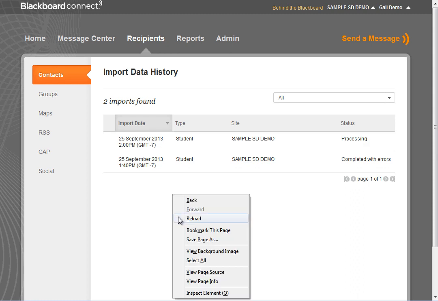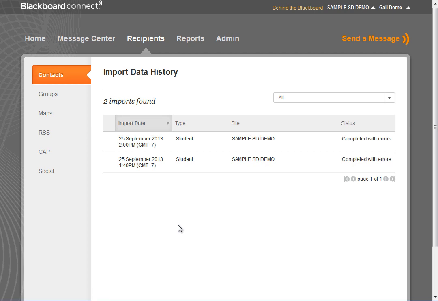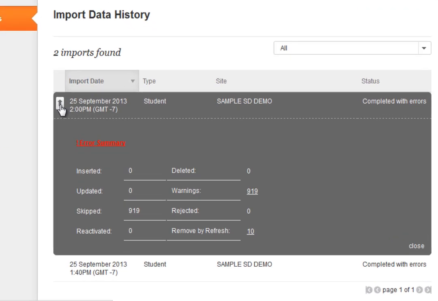I will reload the page. Now that it's finished, I can open up the results. And it's going to tell me here that it skipped 919 contacts because nothing changed for those, but it removed 10. Those were the 10 students that I deleted from the file. Since I did not add a primary phone and attendance phone column, I still have the same warnings, but again,